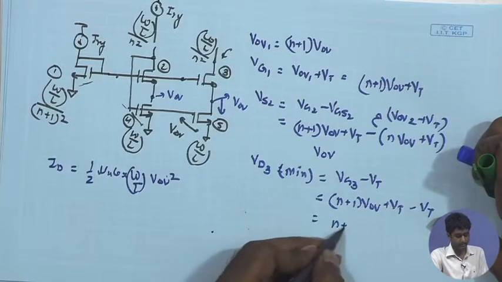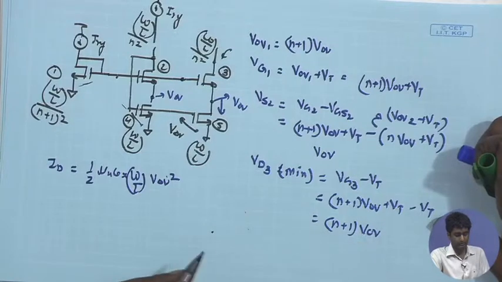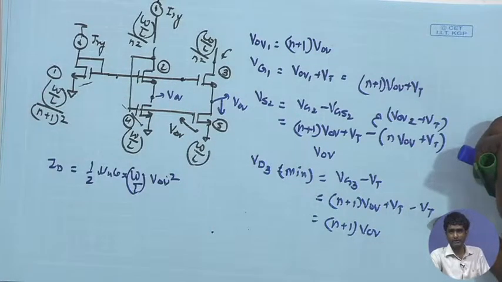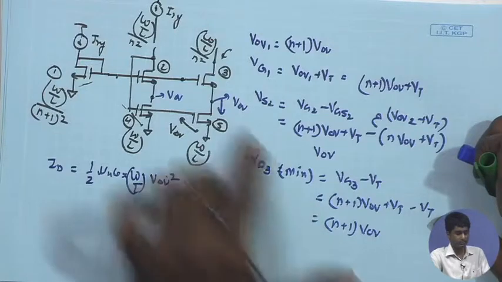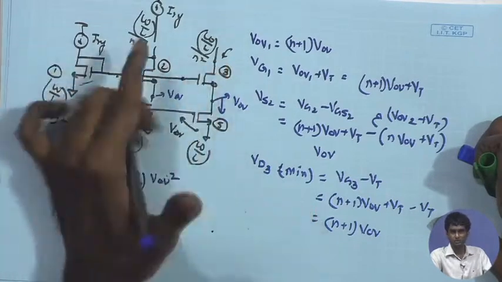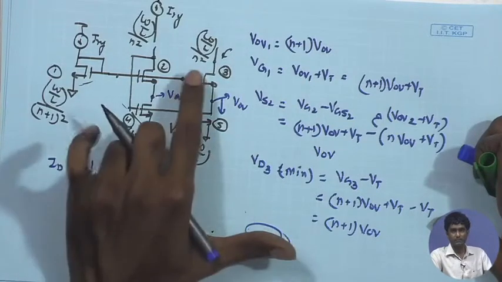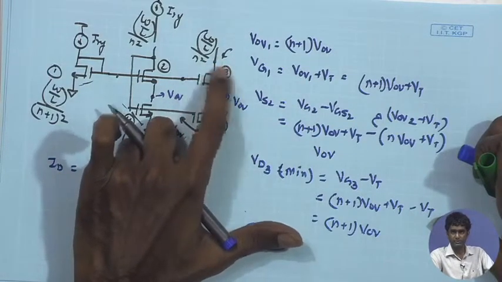Therefore, you are having n plus 1 V overdrive. So, Vd3 min you can have n plus 1 V overdrive. So, what should be the n to get the desired minimum output swing that we wanted? 1, so that you have the minimum output potential possible equal to 2 V overdrive. So, if I put n equal to 1, I can ensure that the minimum allowed potential at this mirror is